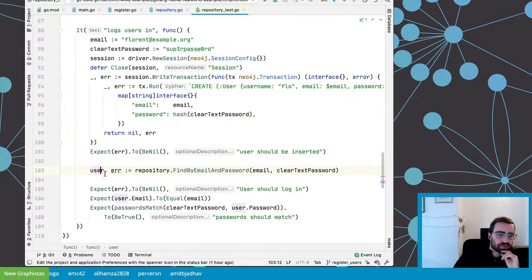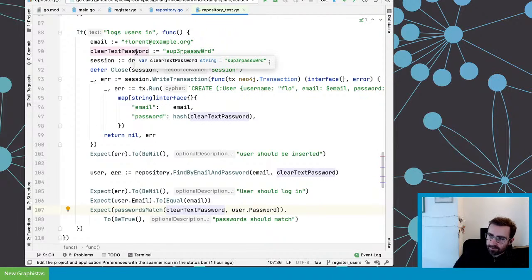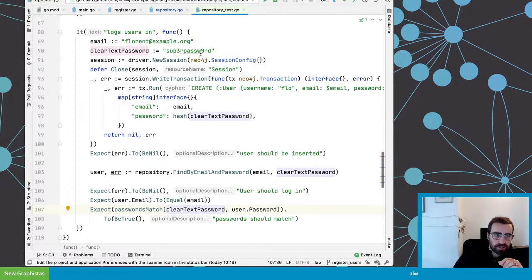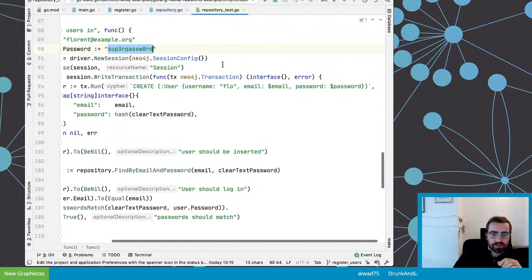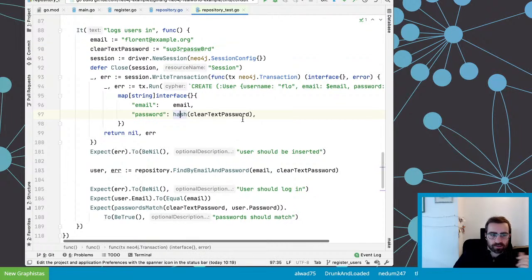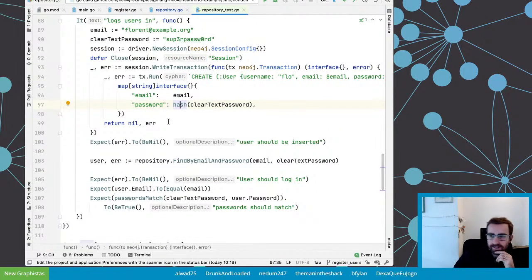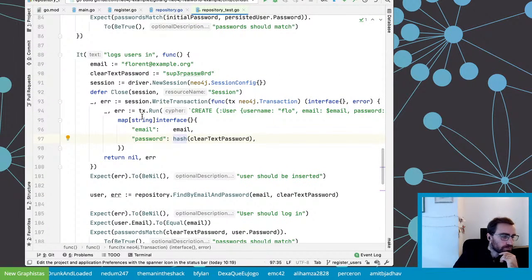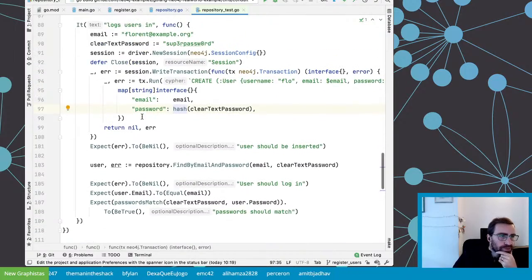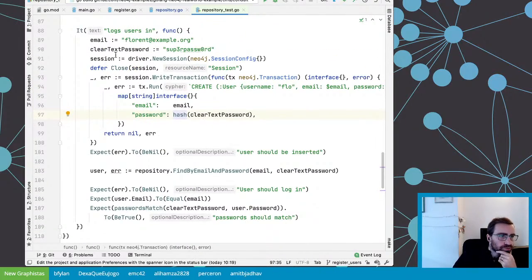And so I should find a user with the email, and I expect the password I gave for login, and that is also used for the persistence. I mean, there is just a hash here. I expect those passwords to match. So that's my test, and that should be ready. The HTTP stuff has already been done, so I'm not going back to that. But basically, that should do it.